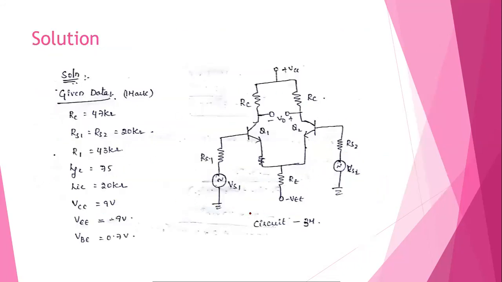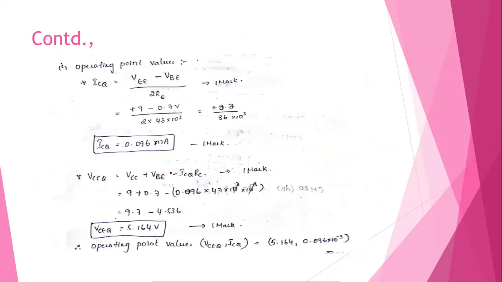So this is the actual differential amplifier circuit. From this circuit, we are marking all the things, or instead of this circuit, you can take the approximate model also. You can draw that circuit and mark the values. First, in order to find out operating point values, here we have the ICQ formula. First we have to find out ICQ. Later, by substituting this ICQ in the VCEQ formula, you will be getting VCEQ.